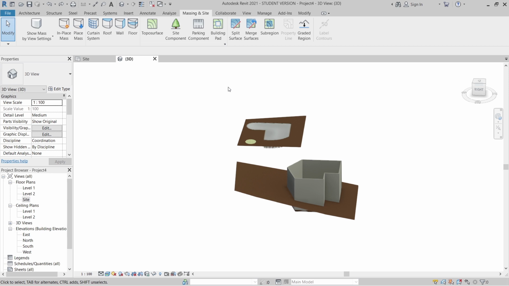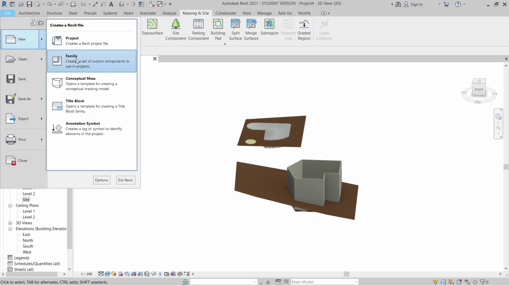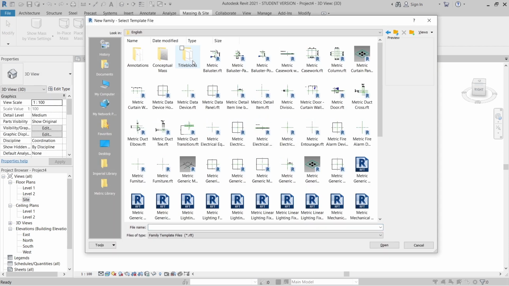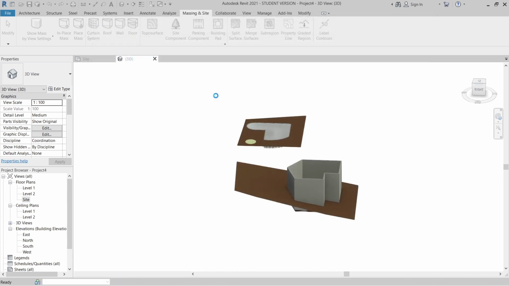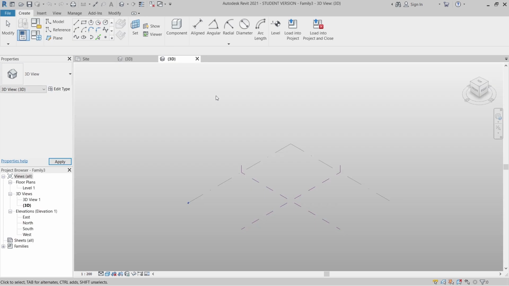So now we will convert from our concept zoom mask to our topo surface, and I will show you a quick tip to do that. Firstly, you need to go to your file here in order to make it properly. Then go to New, go to your family type. Then I'm going to choose English for metric, go to concept zoom mask, go to metric mask. Once you've done that, Revit will transfer you to another page for the concept zoom mask interface.